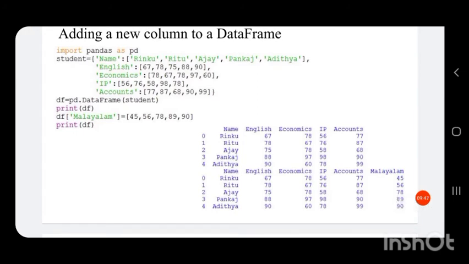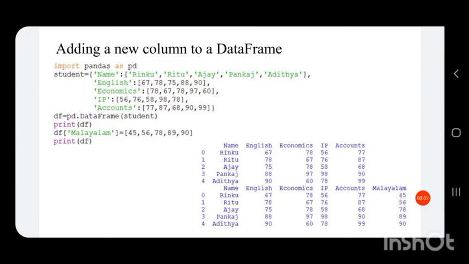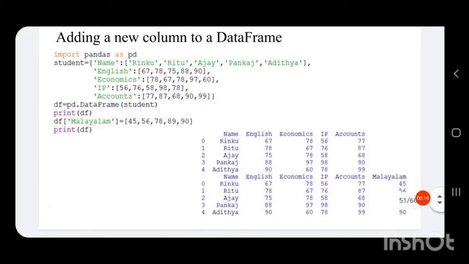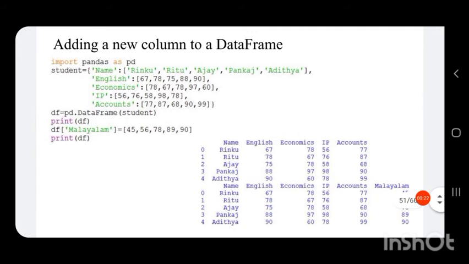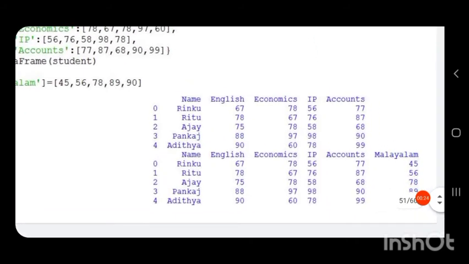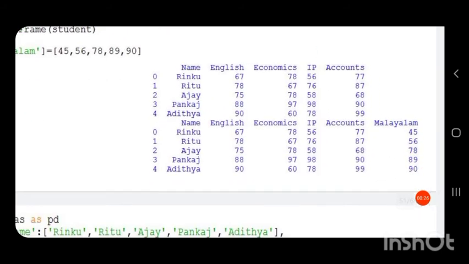If we do not specify a list, and instead specify a single value, that is if I specify 45 instead of this list, then in column Malayalam, every number will be 45.